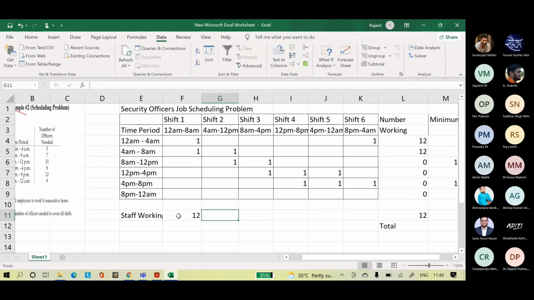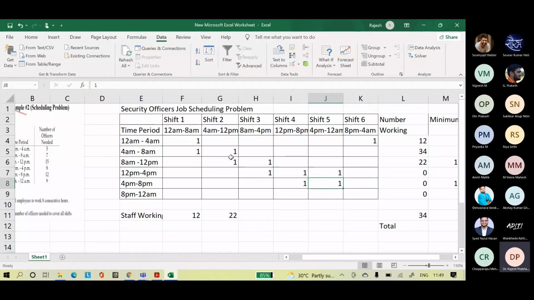Yes, sir. Then there are two time periods between 4 a.m. to 12 p.m. One is 4 a.m. to 8 a.m. and 8 a.m. to 12 p.m. Right? How many people are working in the shift? 22 people. Right? But in the 4 p.m. to 12 a.m. you have made a mistake, I think. That one is going to be in 8 p.m. to 12 a.m. So this one, right? Second last. Now, 1 second. Let me just check.